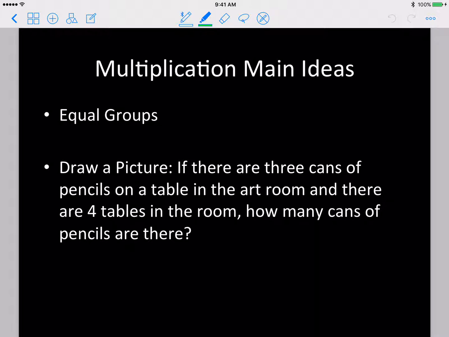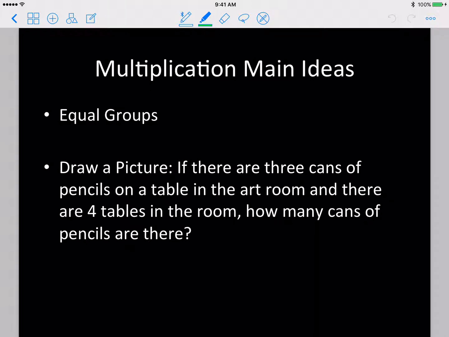What I like to do is think about a picture in my mind. Like if I'm trying to figure out if I need to add, subtract, multiply, or divide, what does that image look like in my brain? Are there equal groups? If there's something where each person has 2 pencils and we want to know how many total pencils there are, I know that's going to be a multiplication,